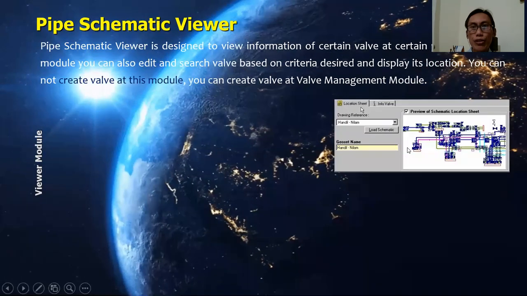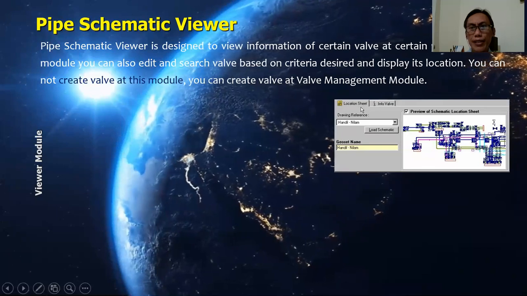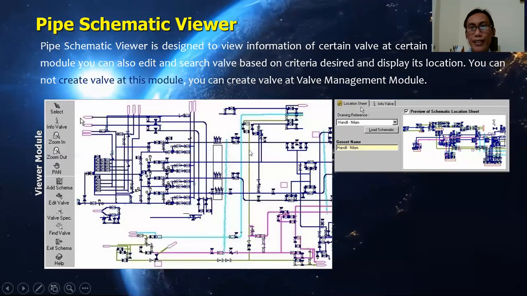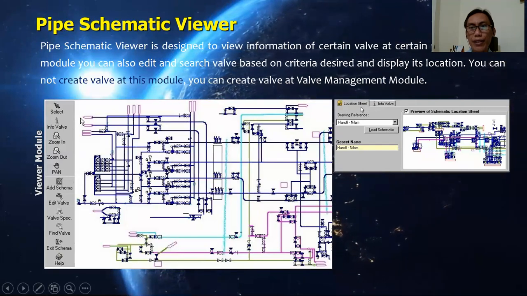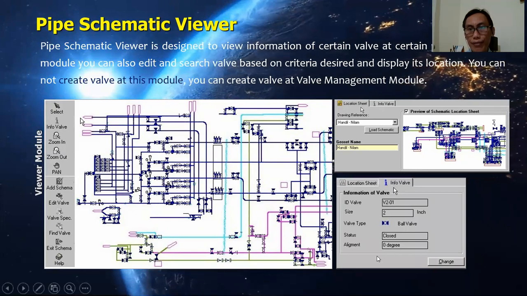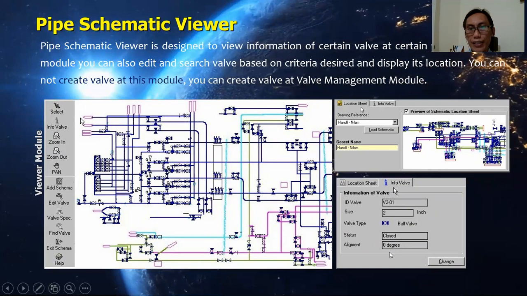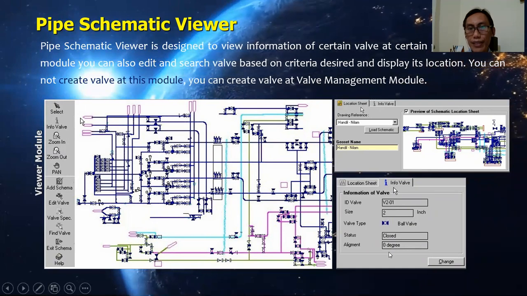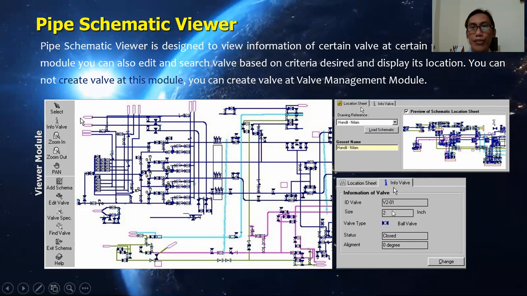In this module, you can see the pipeline schematic in great detail. And also we can see information for a particular part like this. We can see detail ID, fab size, fab type, status, and alignment. So we continue.